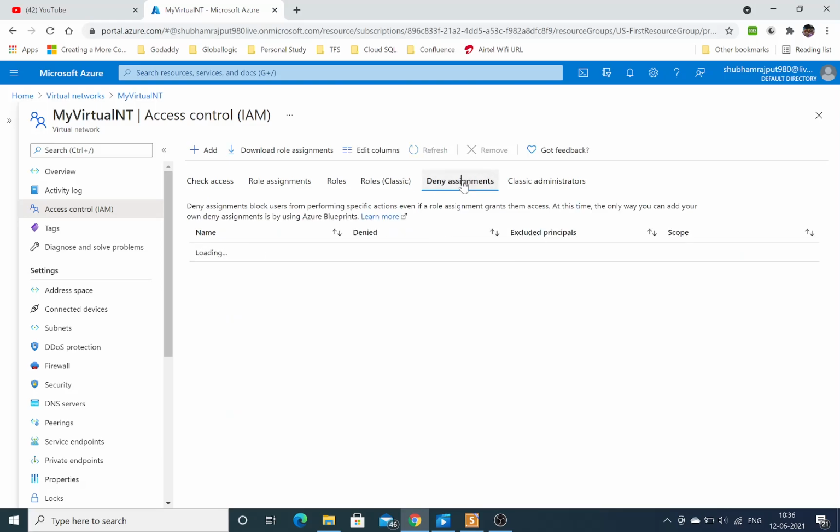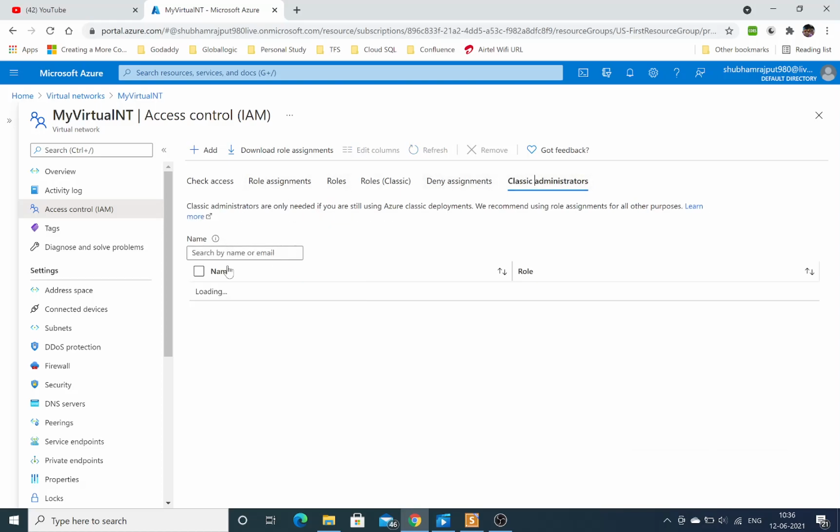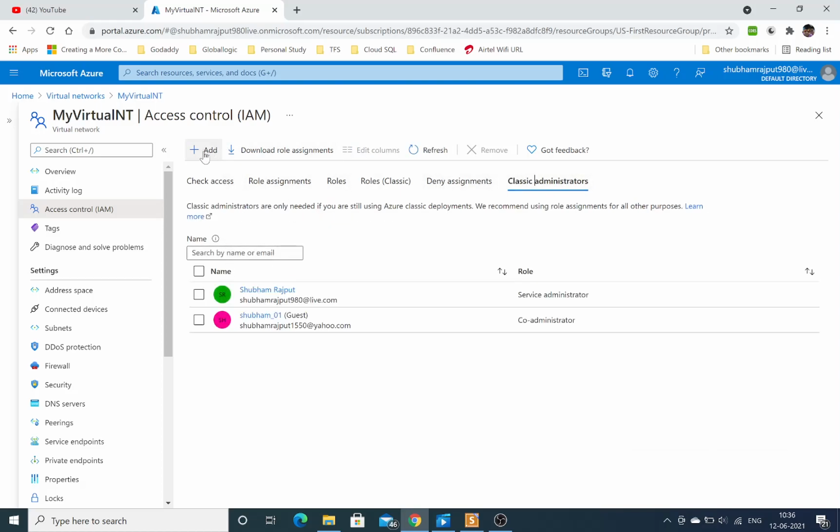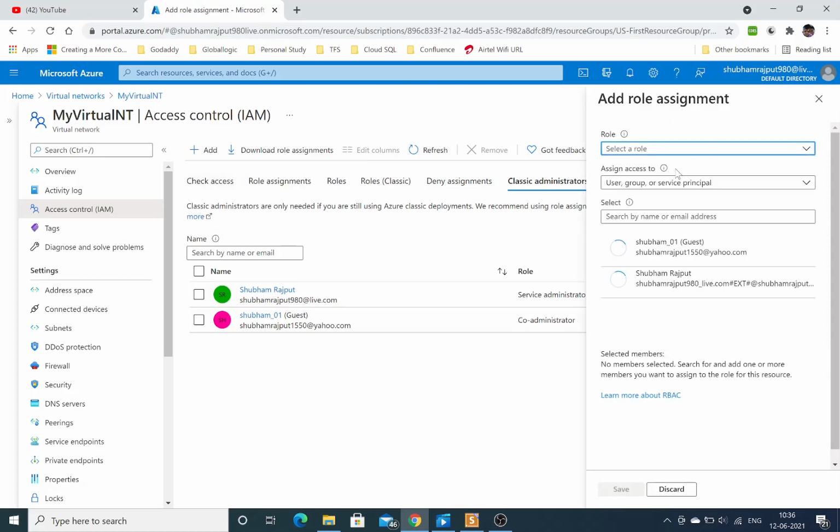Let's check it and provide the access. These are the two users to which we have provided different roles. So just add a role assignment, and from here you can provide the role.